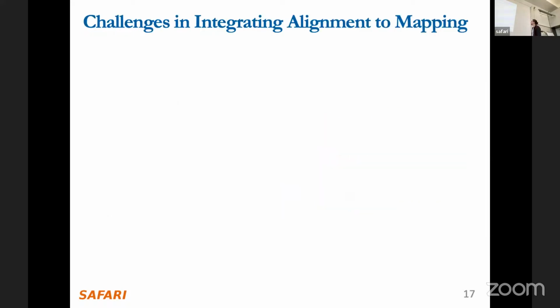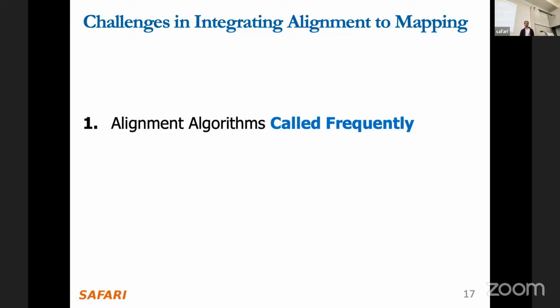good. So there are some challenges in integrating alignment to mapping. If there weren't, I guess everyone would already have done it. Certainly in base code read mappers, alignment has existed for a long time. We know it works in principle. We want to have alignment. But what's particularly challenging here, and especially for raw signals, is that alignment algorithms are called frequently. So you have to imagine that for every chain, there are very, very many chains. For every chain that you identify, you later have to reevaluate it with alignment if you decide to use alignment,